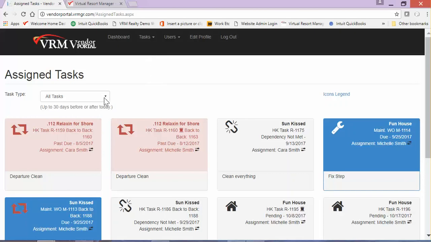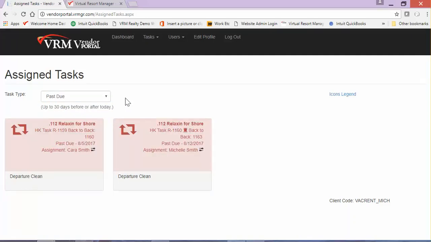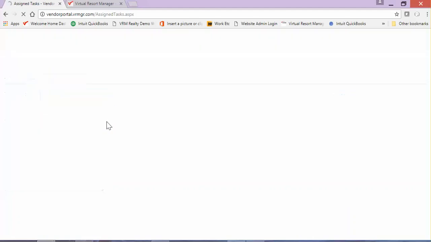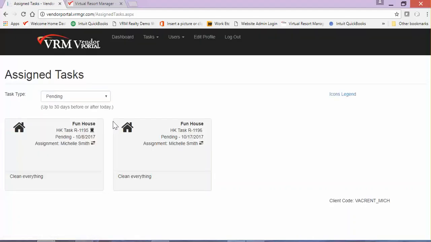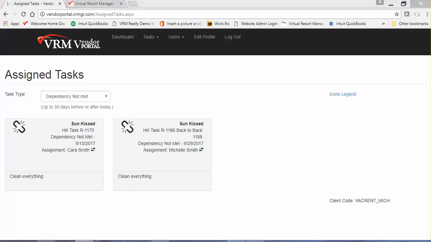In the top left of the screen, there is a drop-down menu which will allow the vendor to choose which tasks to display based on status. Tasks with a due status have a due date that matches the current date. Tasks with a past due status have a due date prior to the current date. Tasks that have been completed will show up under the completed status. Tasks with a pending status are tasks that have a due date after the current date. And tasks that show up under dependency not met have another task that must be completed before this task can